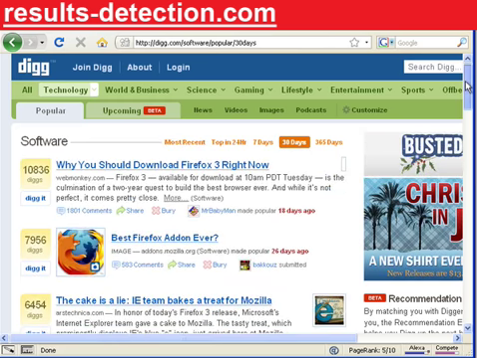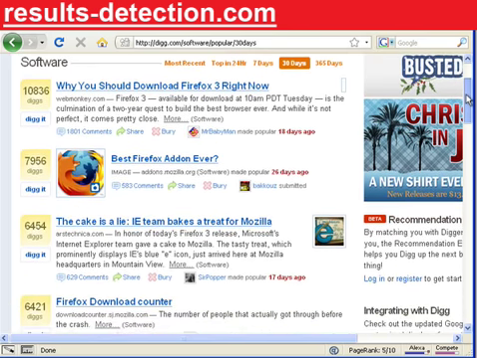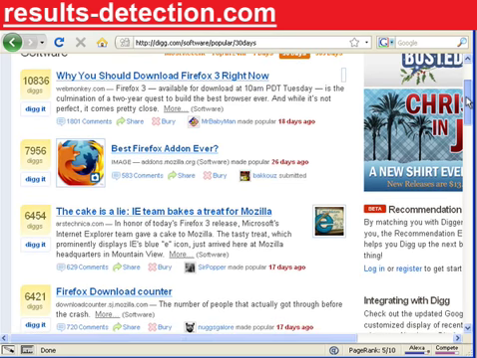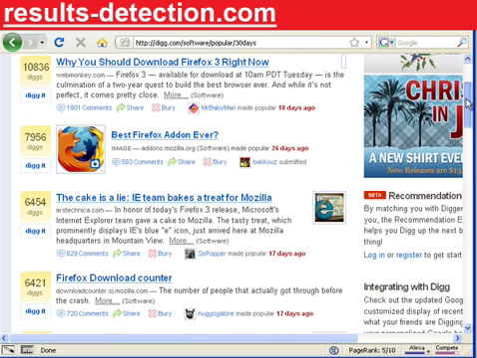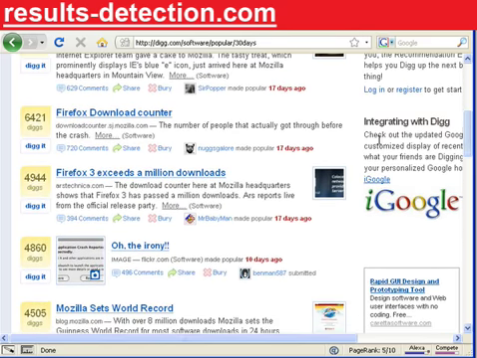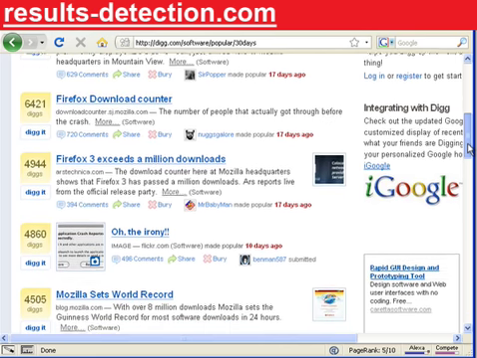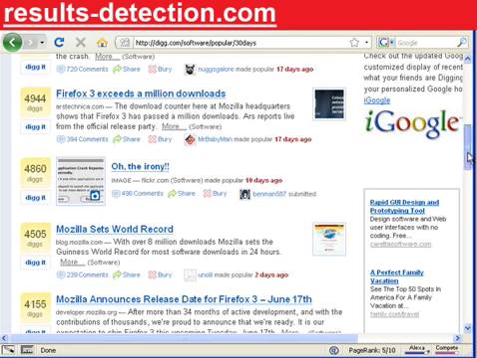Okay, now you'll notice as we scroll through here, more than half of these entries are going to be about Firefox, the web browser that I recommend. And you'll notice that a lot of these have to do with Firefox because it just came out with a new version 3, which most of these will have to do with. And these are posts that are recommending that everyone use Firefox 3 and just giving news and updates on that